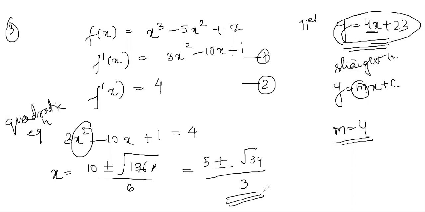So clear? In the answer, you can either write it like this, or you can just approximate the value to 3.6. All these questions will come where you actually have to write and solve. Options won't be given. In IIT JAM, there are last questions where you actually have to solve it and write the answers. Till here it is clear to everyone? Yes, Pallavi, Sandhya, Akshita, clear? The question was where exactly they are going to meet, where it is parallel, right? The tangent line of f of x given is parallel to this line. So what is the value? Around 3.6 on the number line, it is parallel.